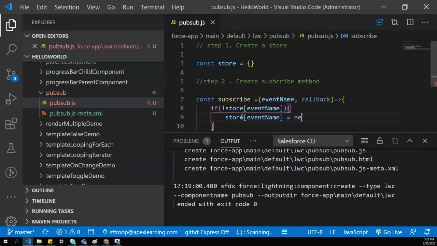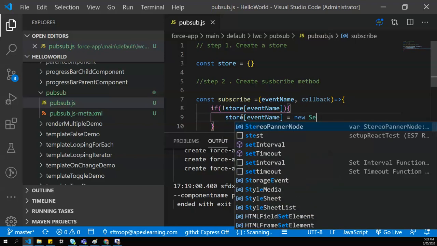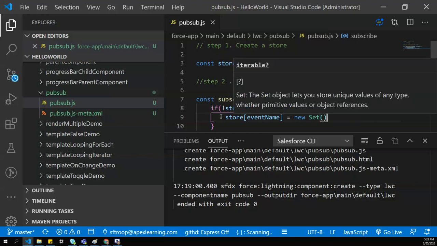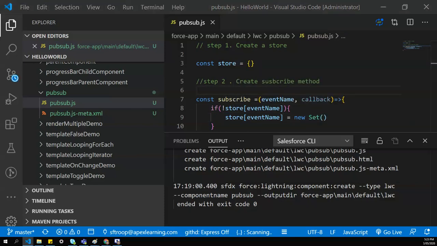or store the event name. I'm initializing it with the new Set. For those who don't know what this Set is, the Set object lets you store unique values of any type, whether primitive values or object references. Set objects are collections of values.